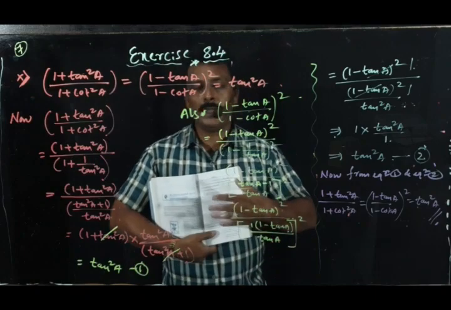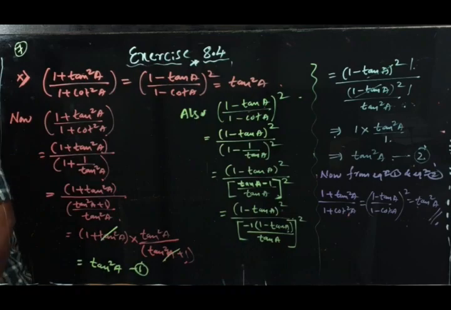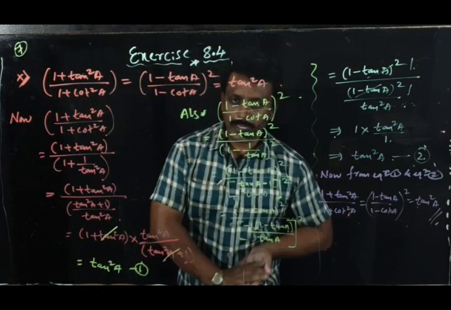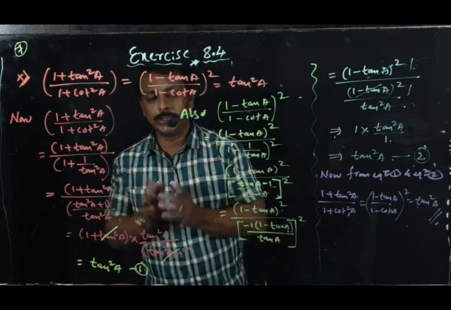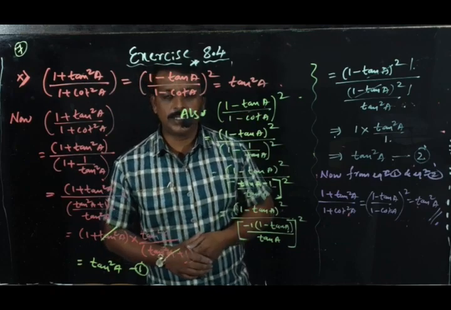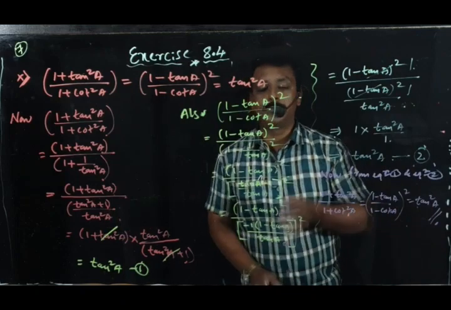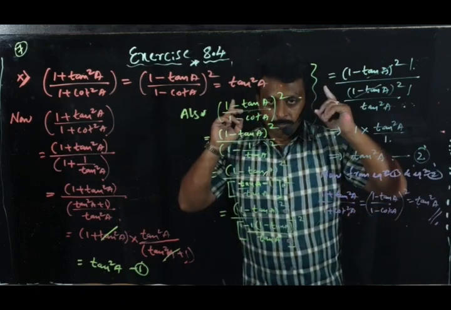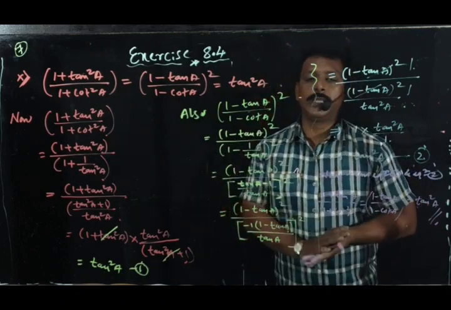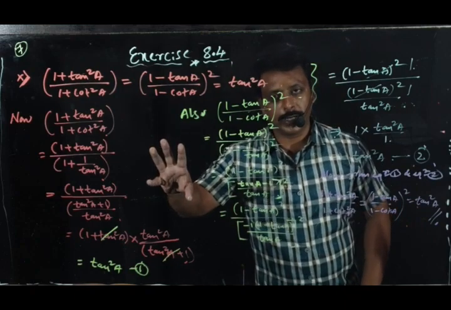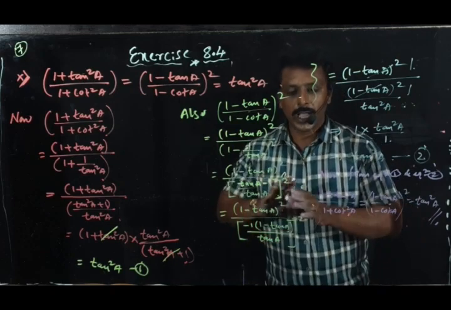8.4. All my near ones and dear ones, there are no optional questions for this chapter, Introduction to Trigonometry. So today in the third part itself I finished the chapter called Introduction to Trigonometry. All my dear students, I think all of you understood this trigonometry. So all of you practice all the sums innocently and with full confidence. You have to practice it. And one thing, once again I want to repeat, this Introduction to Trigonometry full chapter is there for your second unit test. This one I finished now.